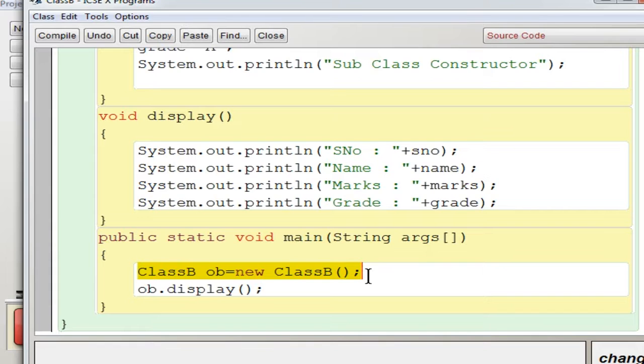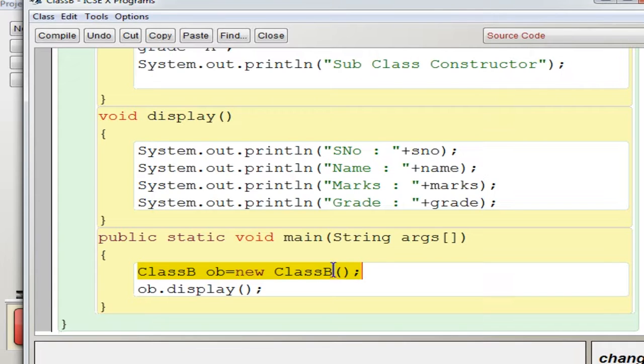Just to remind you, if you create an object for class A, it will execute only the data members and member functions of class A. It won't execute any of the class members of class B. So you have to always create an object of class B, that is the last subclass which you are creating.